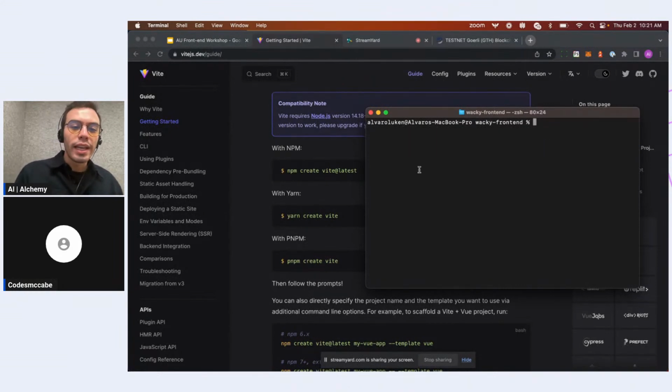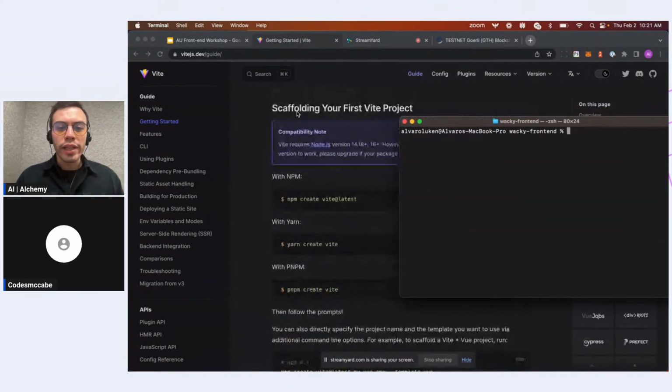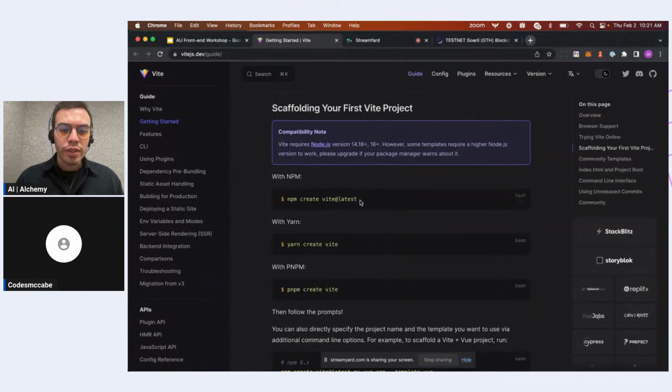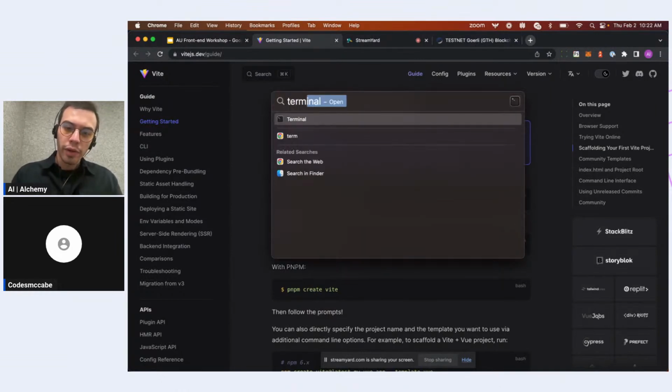So cool. Now we'll follow this quick start, scaffolding your first Vite project. And we're just going to copy this command. Make sure you use this copy tool. Sometimes I do this, and notice if you highlight the whole thing, it'll actually get that little $ sign too. If you notice the terminal,